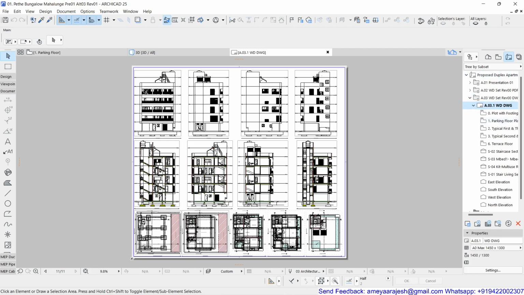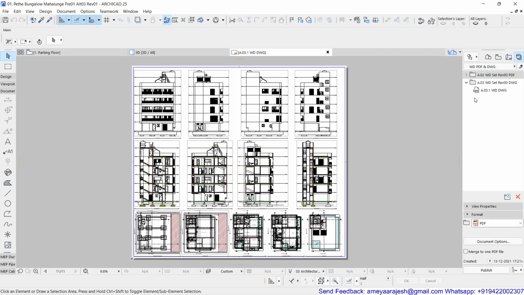I've just made the sheet size suitable so that all the required plans and sections get accommodated and I can extract them in one go as a DWG file. So this sheet was not suitable for printing.